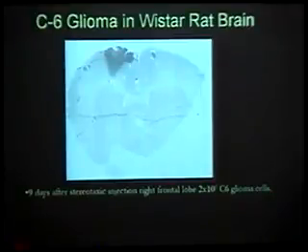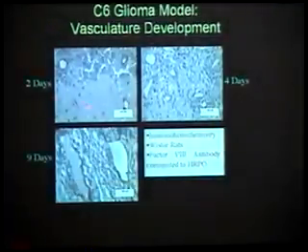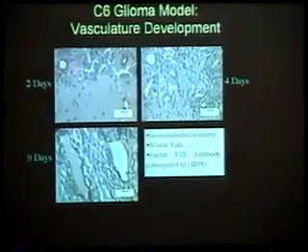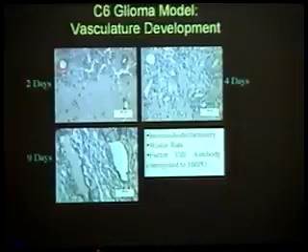It's grown quite nicely. But as early as 2 days post-injection, this is a factor VIII stain, you can start seeing factor VIII present on the inside of the blood vessels. This is 4 days, this is 9 days. And so we're very confident that very soon after angiogenesis begins, and that might happen even 2 days after implantation of these tumors, for example, that we'd be able to pick